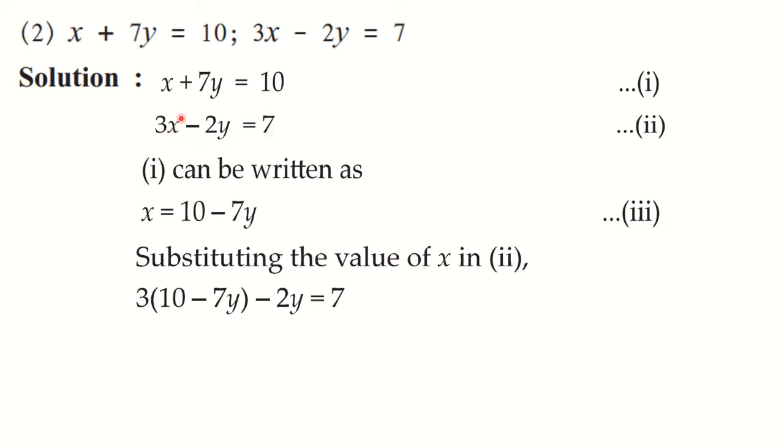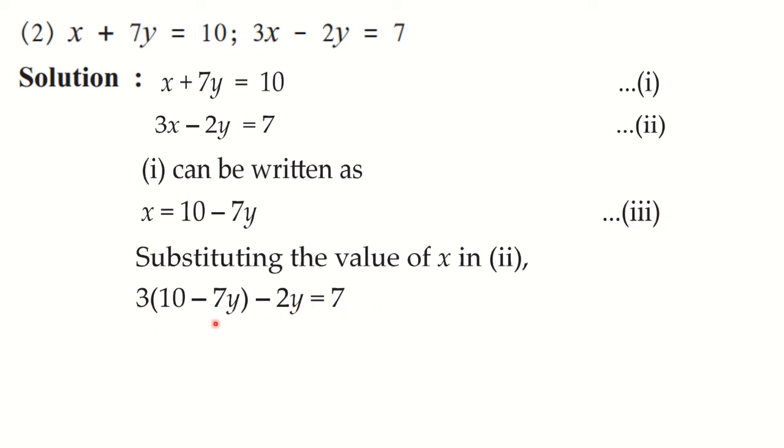So here in equation 2, in place of x, I am going to write 10 minus 7y. So see 3 as it is, and then in bracket, don't forget to write down in bracket, because this is value of x. Here 2 terms are there, therefore we need to write down in bracket. Otherwise, you will get wrong answer. Okay, so x is replaced by this and the remaining terms are written as it is, minus 2y is equal to 7.